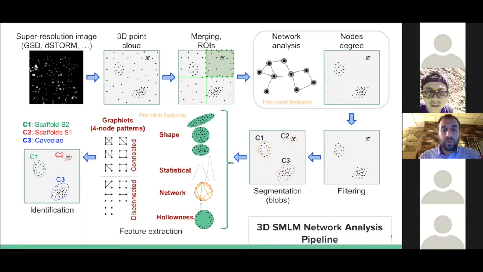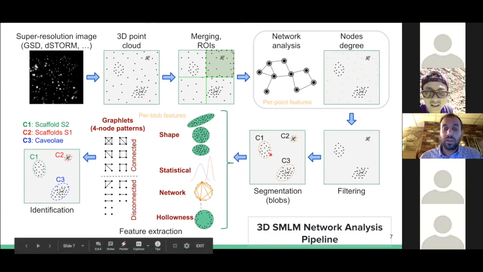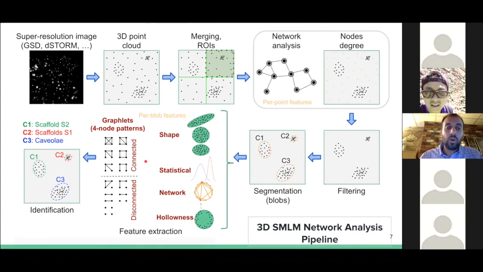The features that we use comprise shape features, network features, statistical features, topological features, etc. So we extracted 28 features for every one of these clusters. On top of that, in another work, we extracted